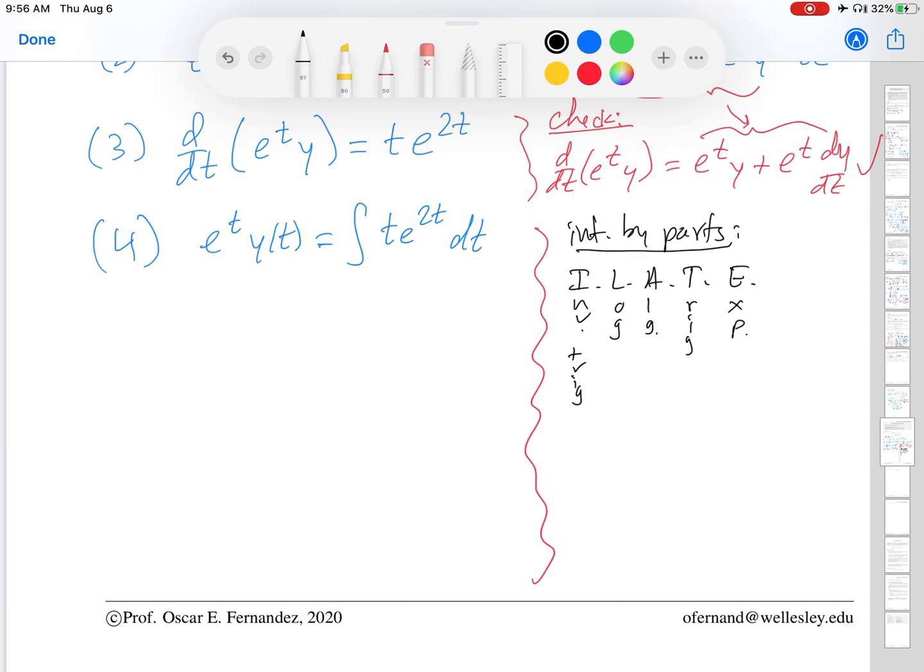So, for example, in this particular problem, we have two types of functions. t is an algebraic function, right? These are powers and products and quotients of t. So what about the second one? e to the 2t is an exponential function. So if we look at our list here, we have algebraic and we have exponential, and algebraic comes first, right? So we are going to choose u to be t in this example, and